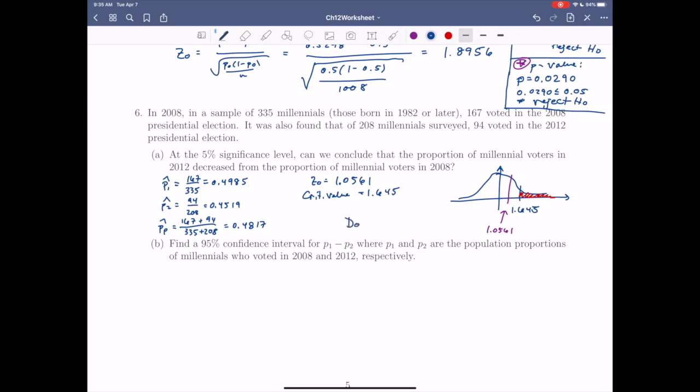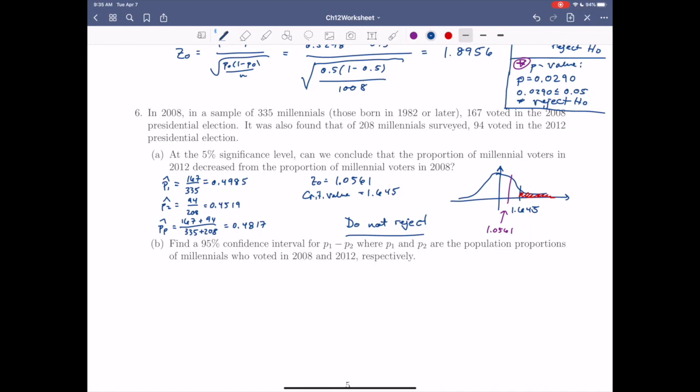So that means that we do not reject the null hypothesis. In other words, we cannot be 95% confident that fewer people voted. It's possible there's enough wiggle room here that maybe we're within the margin of error, right? We can't be certain. So next, what we're going to do is find a 95% confidence interval